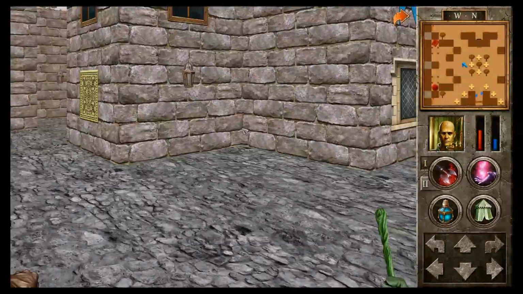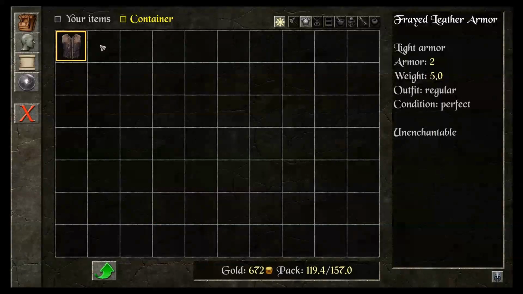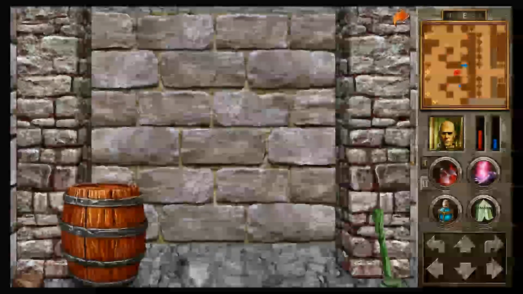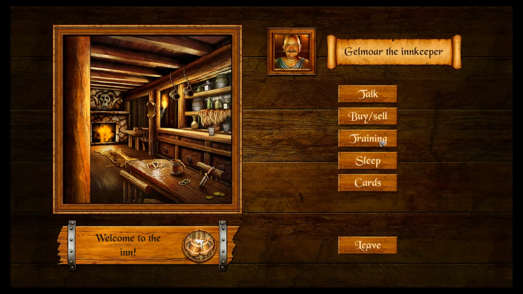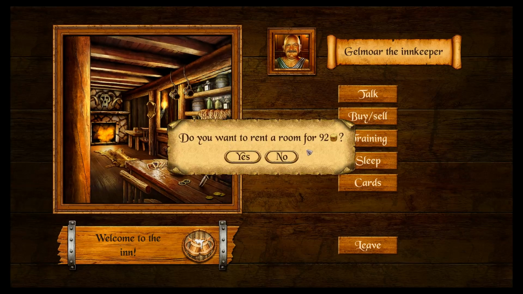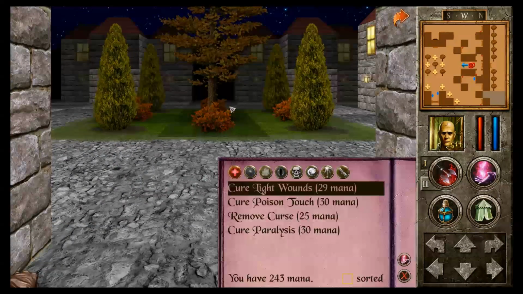Oh well. Considering how much freaking money I'm getting, I don't see harm in wasting any. Frayed leather armor on skill books. Cheap longbow. Let's see here. You don't have any quests. So let's just, yeah, I have to just sleep. 92 gold, though. Not a terrible amount, but...